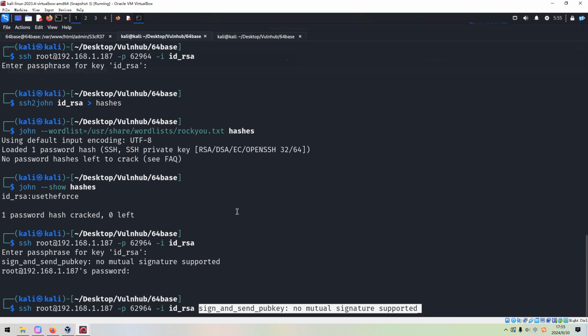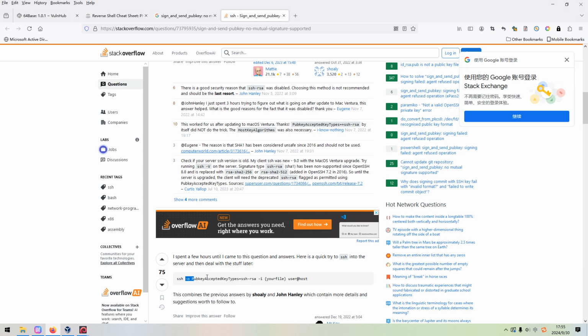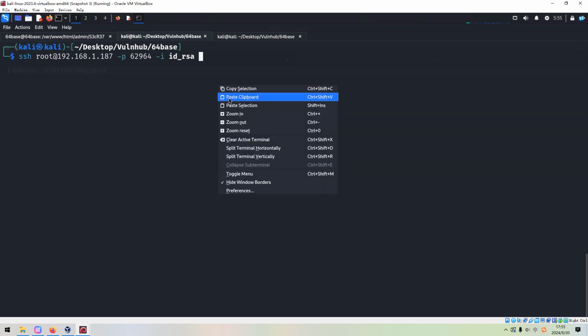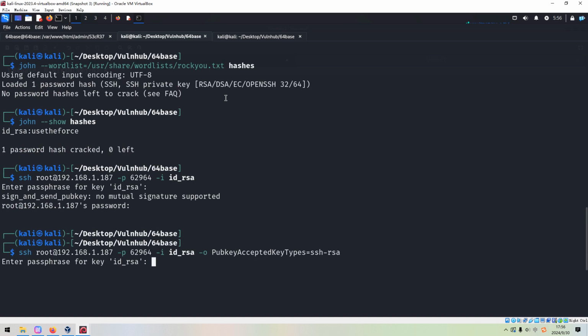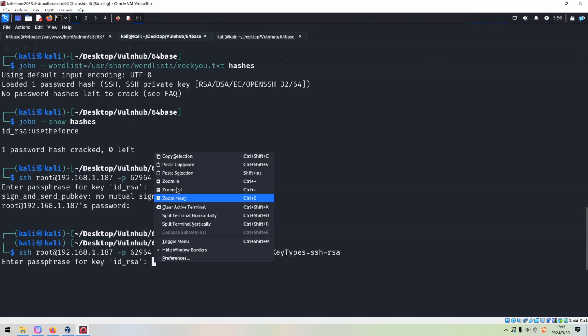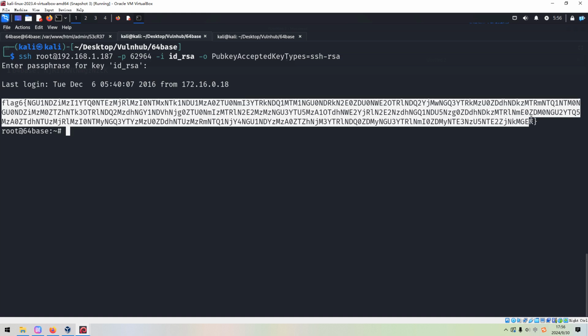Oh, what I'm doing? We can copy this option, paste in here, and enter the passphrase for the private key. Okay, and then we can get the 6th flag.